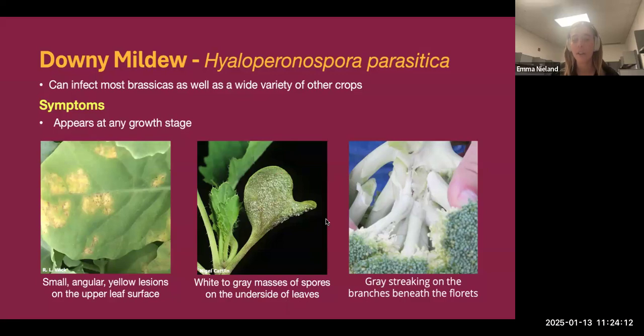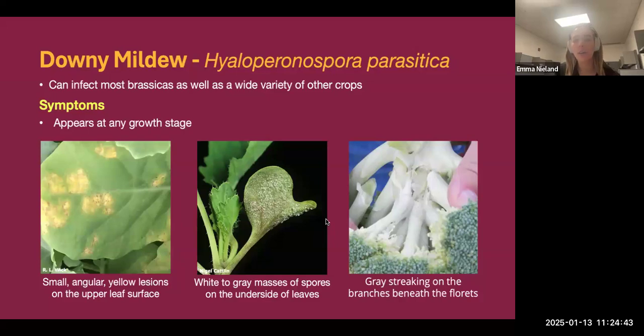So if you see it in seedlings, it kind of starts as these bright yellow irregular shaped spots on the leaves with a network of black spots or lines throughout those lesions. These yellow spots will slowly turn into necrotic spots that will spread throughout the whole seedling and cause it to die. Under cool, moist conditions, you might also see sort of a white cottony growth on the underside of the leaf, which you can kind of see in that second photo right there.